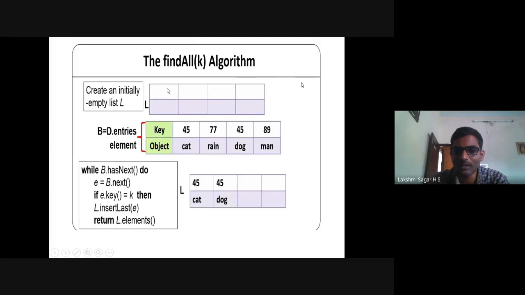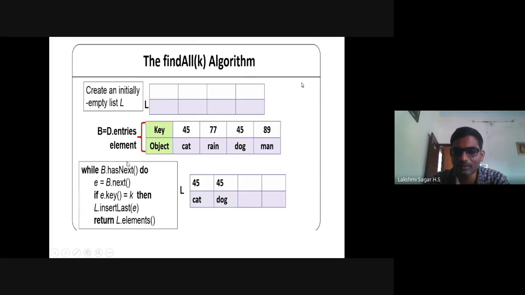It has both key and object. Each box has a key and an associated object. Now you insert key values and the associated element or value, index wise: 0 index, 1 index, second and third index. So you load the key values and objects.